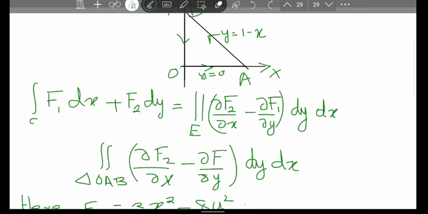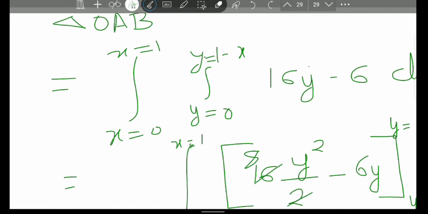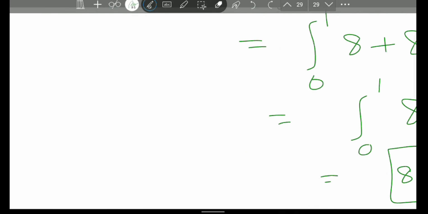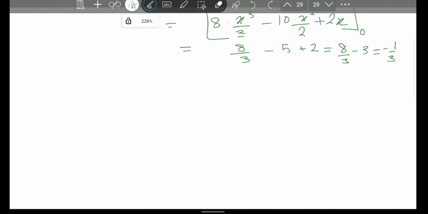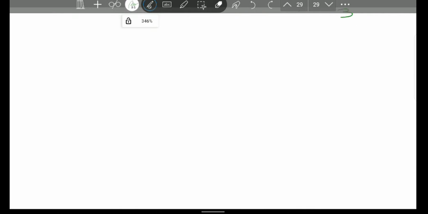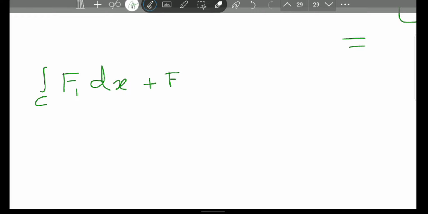Integral over closed curve. Now let's do the left hand side. Integral over closed curve f1 dx plus f2 dy